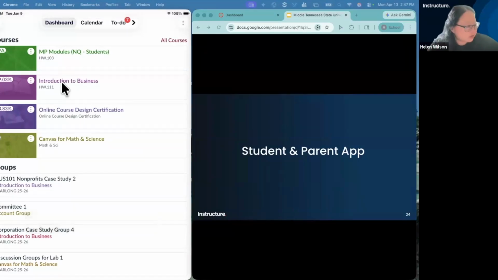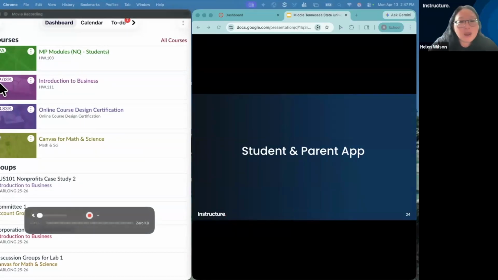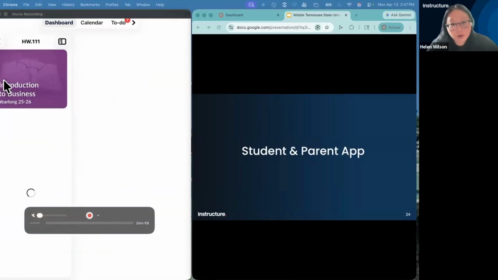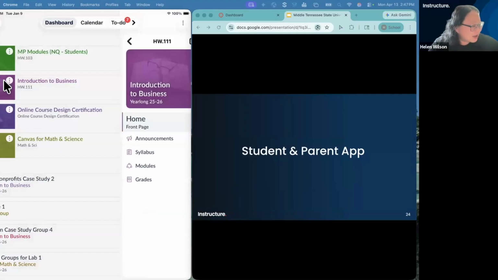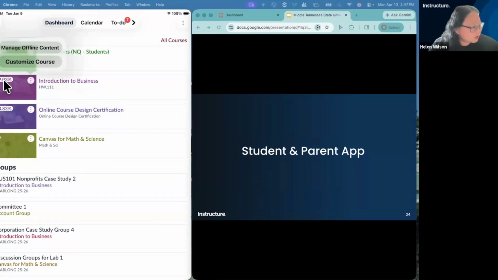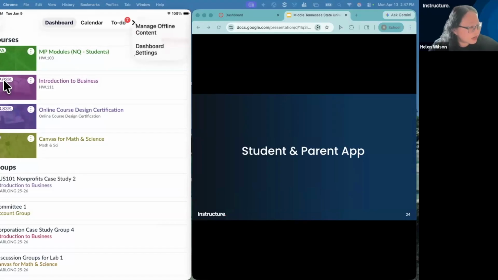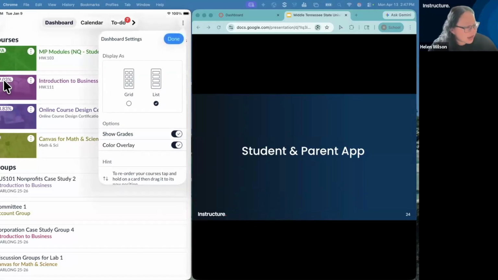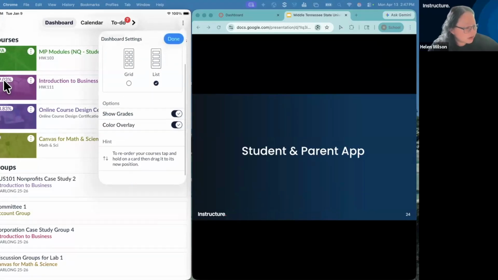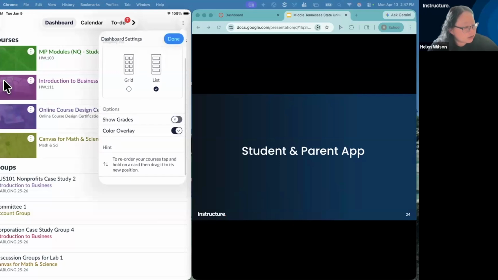You saw the teacher side of the course just now. And you're able to see here that the student has turned on the grade indicator, so she knows right away where she stands. That can be turned on or off. Right here, I think it is inside the three lines, they can manage their dashboard settings. And this is where they turn on or off the grades